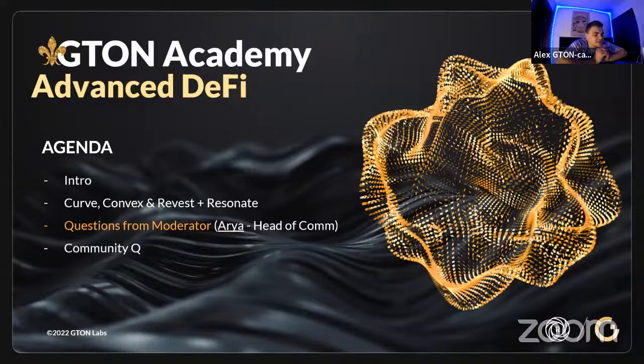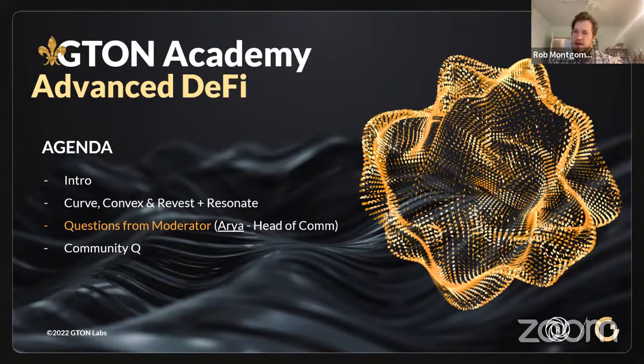NFT lending is going to get a lot more interesting once financial NFTs really get into the mix. Myself, I'd say we're at the forefront of that. I would say the guys at Velodrome, cool guys, have also contributed to that with their Solidly fork. I would say Uniswap V3 is the only other big one that I know of that's playing around with FNFT tech. And with that, you're going to see that market start to mature and get a lot more powerful as FNFTs enter the lending market.